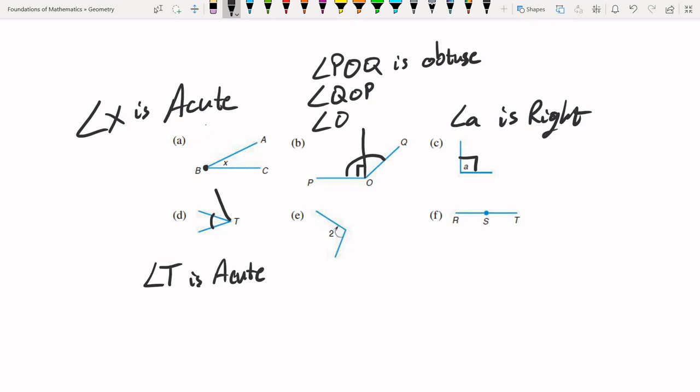All right, this one's a little weird, but if you were to draw like a protractor and measure it, you can see that this is actually a right angle here. So this would be called angle Z. This is obtuse. It's greater than 90, but less than 180. And now here we have angle RST. Could be either this one or this one. And so it's a little confusing. It doesn't matter actually which one you do because both of them are going to be the same. Both of them are straight